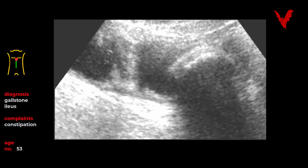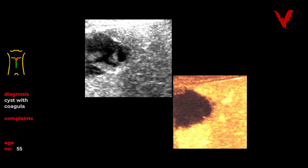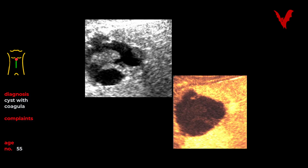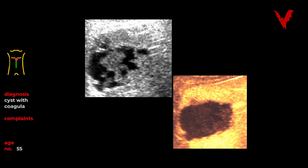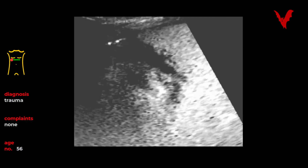Figure 53 is a case combined with aerobilia and an example for gallstone ileus. And in case Figure 54, it is a Bouveret syndrome documented after first ESWL session, whereas the next case is a liver cyst with a coagula only. Figure 56 shows a liver traumatic rupture, no bleeding,